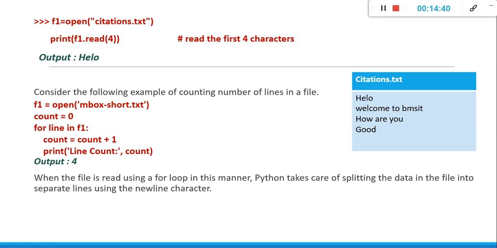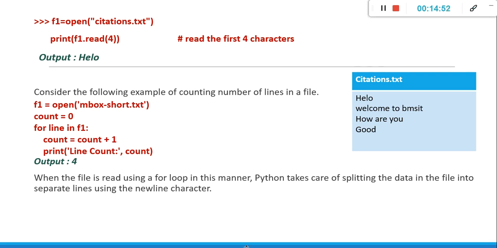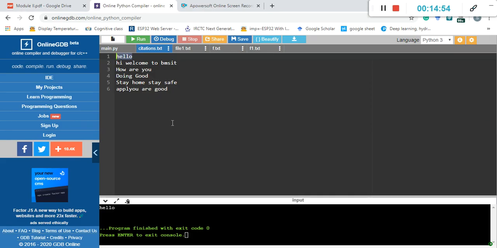At that time you can implement this. When I say ch is equal to file handler dot read, it is going to read the complete set of data into ch.